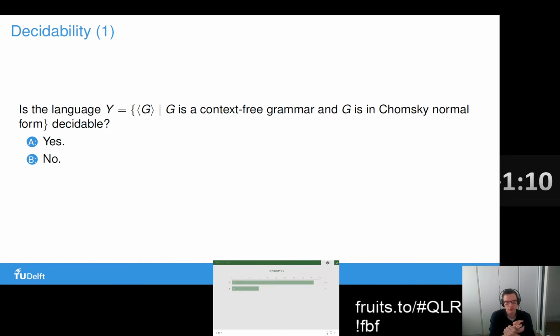Okay, so we need to think of some way to encode a context-free grammar, but we can do that, and we can check whether the input matches that encoding. And the second thing is whether it matches all of the requirements on the Chomsky normal form. There is a finite set of rules that we need to check: does the grammar adhere to these rules? For example, no rules going to the start state, stuff like this. So yes, this is definitely decidable,